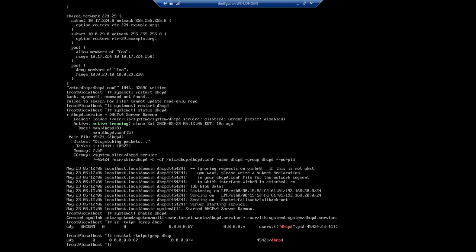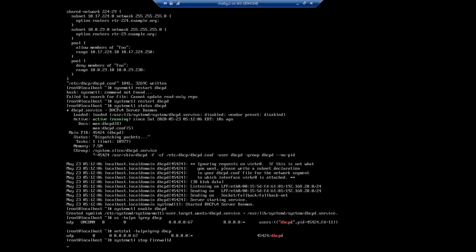I will do one thing. I will stop the firewall because we don't know at the moment how to configure the firewall. So systemctl stop firewalld. Fine, so the firewall is not running at the moment.